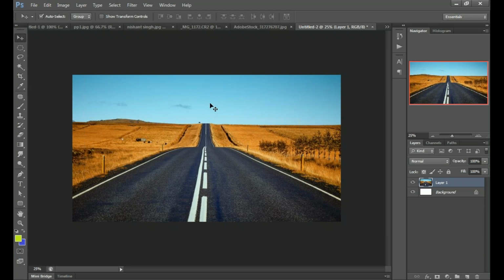Now we'll change the sky. From here, actually it's plain, and we want to add a different sky here.